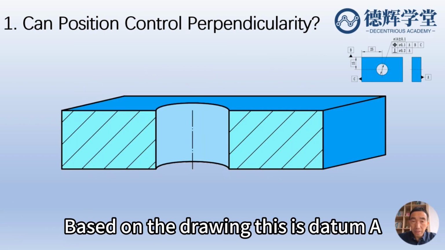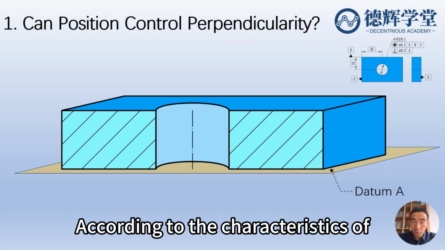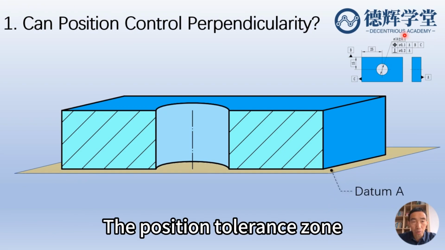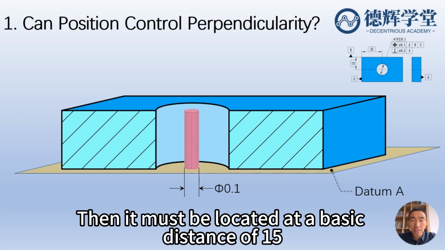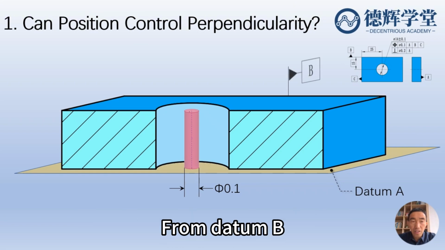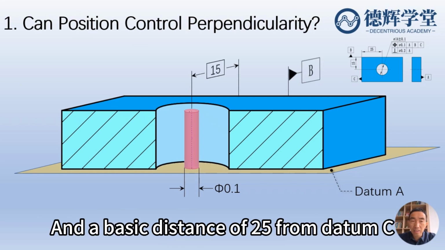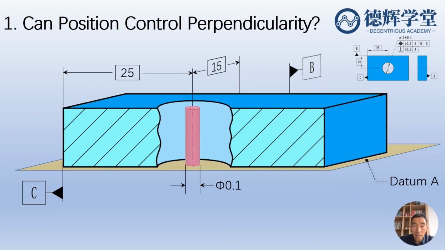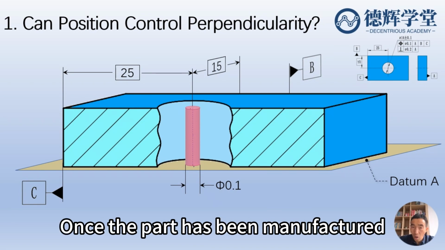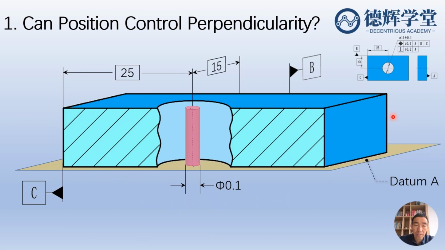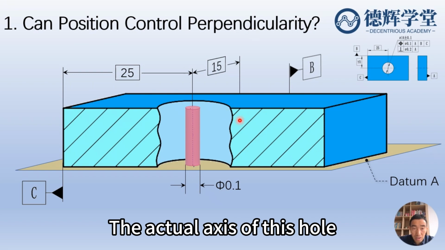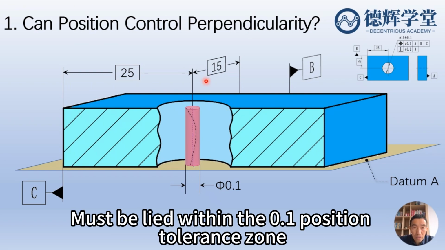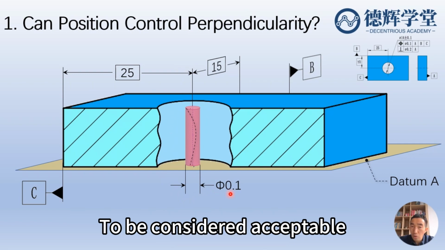Based on the drawing, this is datum A. According to the characteristics of the position tolerance zone, first, the tolerance zone must be perfectly perpendicular to datum A. Then, it must be located at a basic distance of 15 from datum B and a basic distance of 25 from datum C. The final requirement is that once the part has been manufactured, for example, after this hole is produced, the actual axis of this hole must be lying within the 0.1 position tolerance zone to be considered